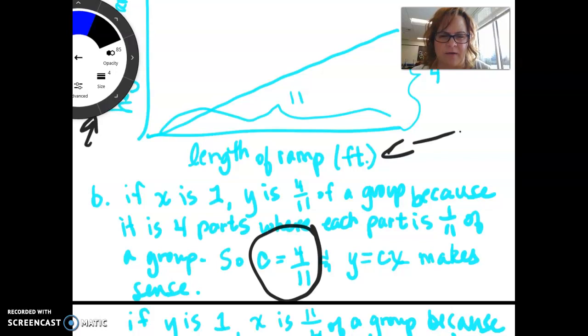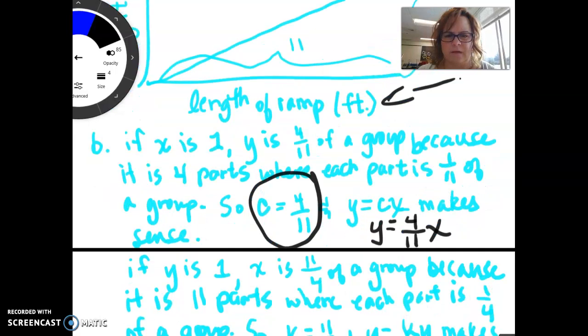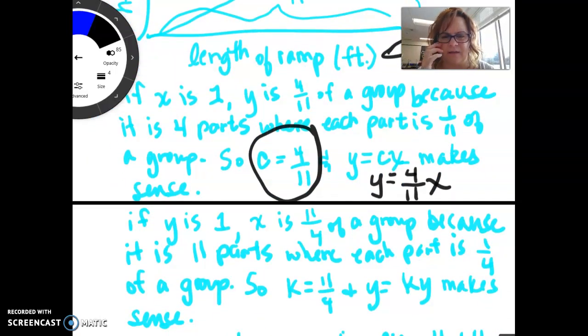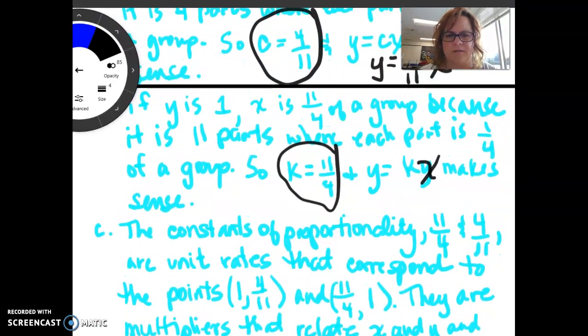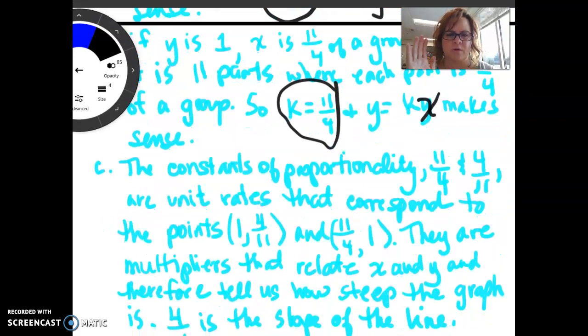And then if we think about this equation, y equals cx, that makes sense because our slope is going to be 4/11ths. If y is 1, then x is 11/4ths of a group, because it's 11 parts where each part is 1/4 of a group. So k is, in this case, 11/4ths, and y equals kx. Makes sense. All right, so the constants of proportionality, it depends on which way you're looking at the